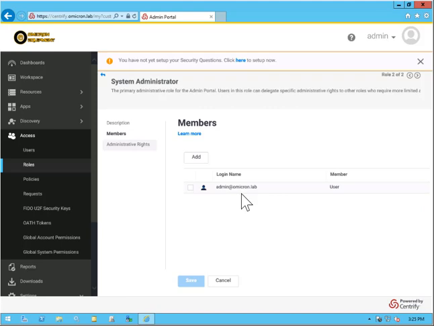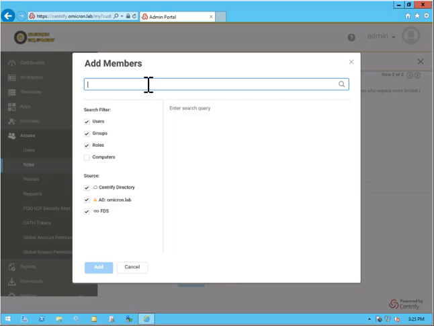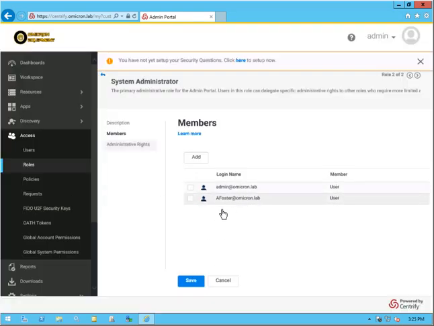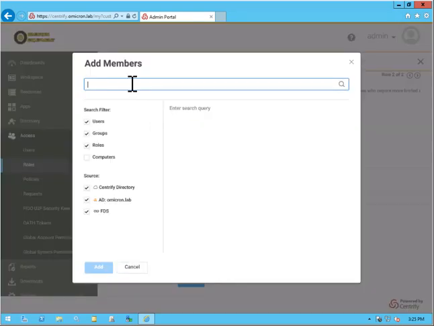I'm going to click on the system administrator role and go to members. As you can see, there's our initial administrator account that's already been added. So we're going to add 2 more. From here, I'm simply going to start typing the name. And as you can see, there's Alex Foster. We'll go ahead and add him to the list. And let's do the same thing for the Omicron Support